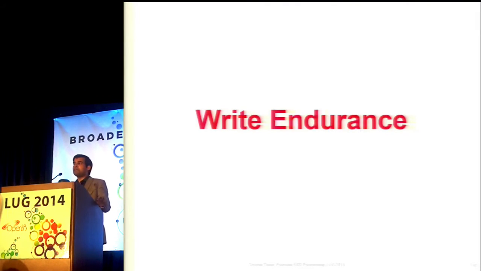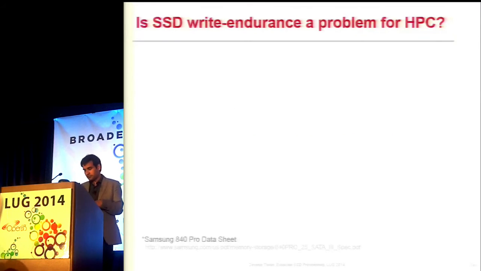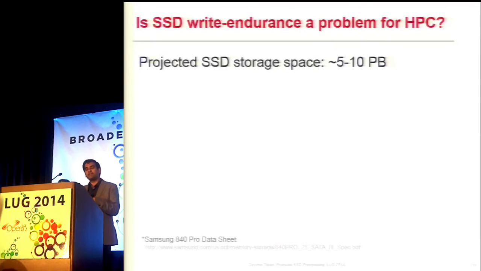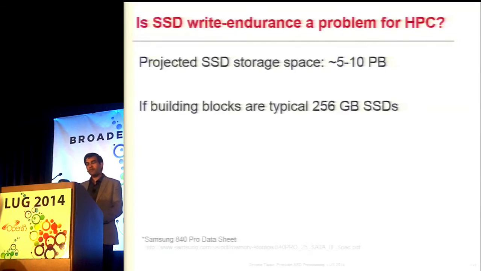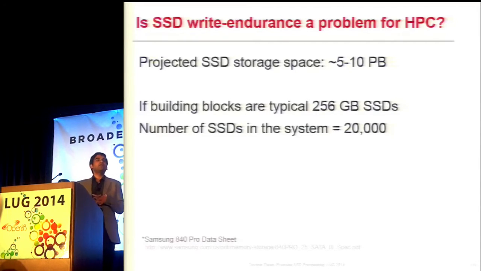The whole talk is around modeling and simulation, of course, because if you don't have the system, the only way you can get insights about this is by modeling and simulation, right? Most customers tend to over-provision their system, because they have not thought thoroughly about what would be the bottleneck. They just think over-provisioning is the best solution. So let's think about write endurance first. Let's say the projected SSD storage space is 5 to 10 petabytes for an HPC storage system. If the building blocks are, let's say, 256 gigabytes per SSD, then there would be approximately